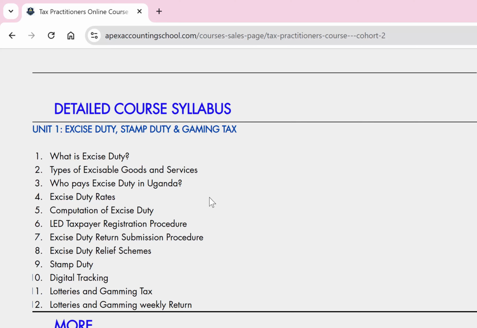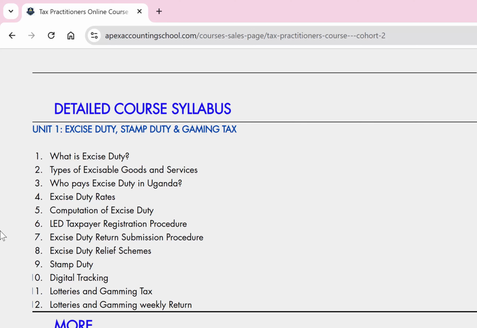So we shall be covering several things like what is excise duty, types of excisable goods. Okay, that is now under Unit 1 here. You should be able to see the detailed syllabus: what is excise duty, types of excisable goods and services, who pays excise duty in Uganda, the excise duty rates. We shall be going through those, computation of excise duty, local excise duty taxpayer registration procedure. You should be able to register your client for local excise duty, excise duty return submission